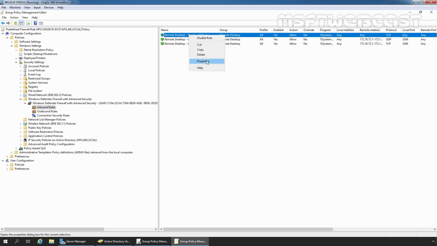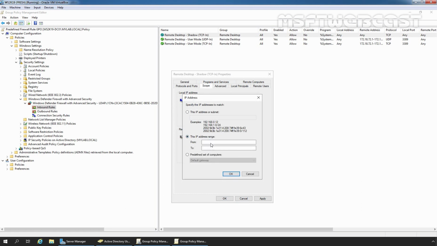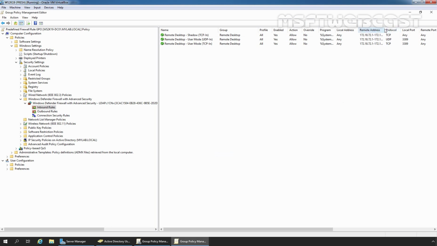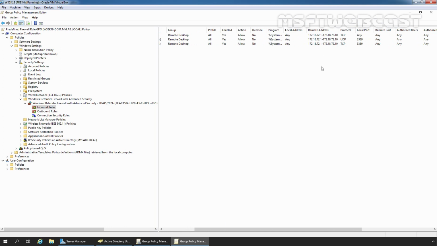Select the last rule, go for the properties, click on scope, select these IP addresses, click on add, select this IP address range, define the range 172.18.72.1 to 172.18.72.10. Click OK, apply and OK. We can confirm the remote IP address range is defined here.